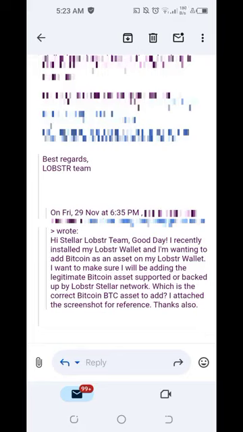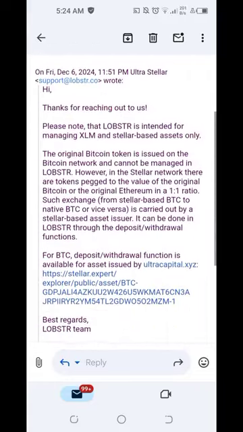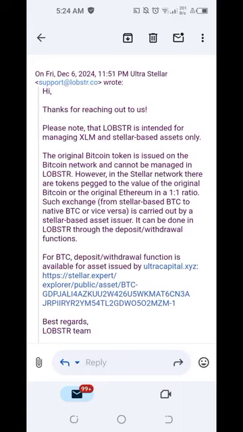I want to make sure that I'll be adding the legitimate Bitcoin asset supported or backed up by Lobster Stellar Network. Which is the correct Bitcoin BTC asset to add? I attached the screenshot for your reference. Thank you.